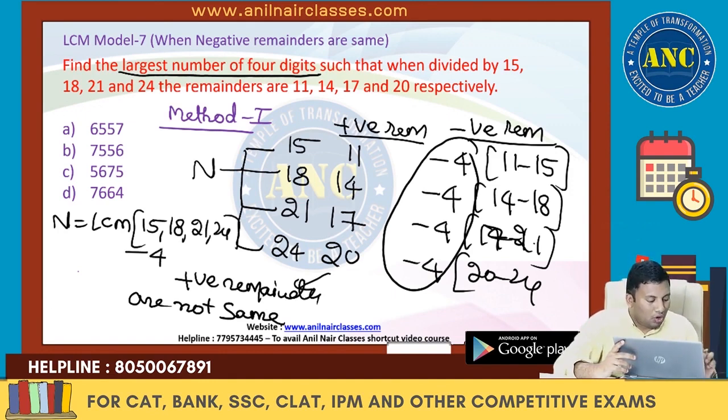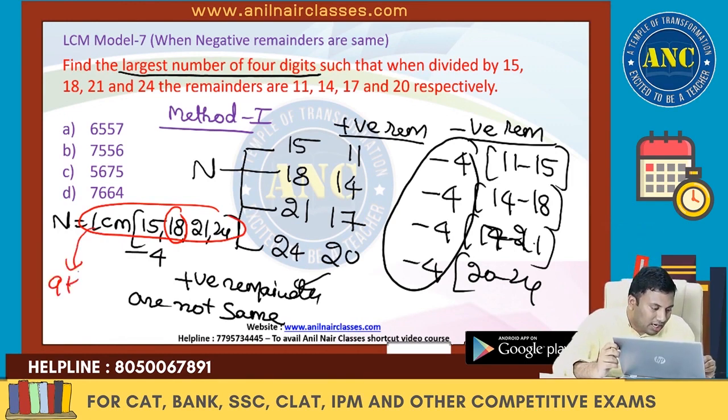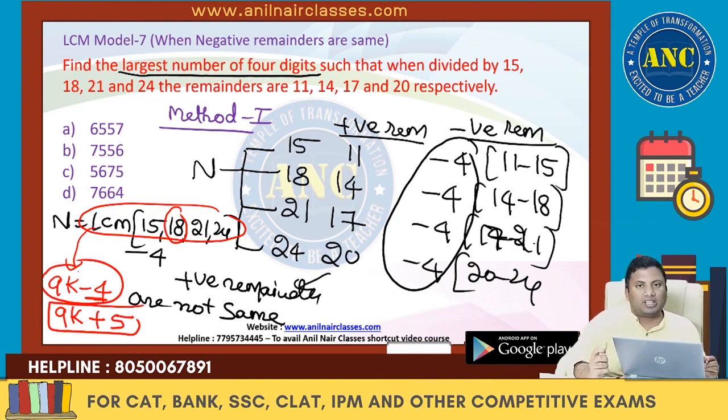Now see here, don't show your mathematical intelligence and waste time. 18's digital sum is 9. So if one number's digital sum is 9, the answer's digital sum should be 9, which is 9k minus 4. If you want to convert this negative remainder into positive remainder, minus 4 plus 9 is 5. Either it can be 9k minus 4 or 9k plus 5. Answer when divided by 9 should give a remainder 5, or a negative remainder minus 4. Let us see which options are not working.